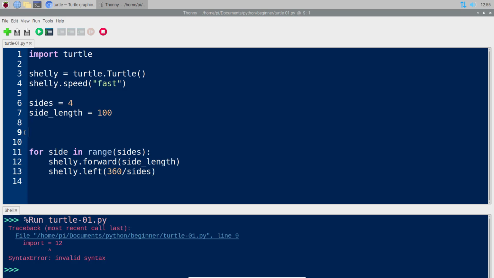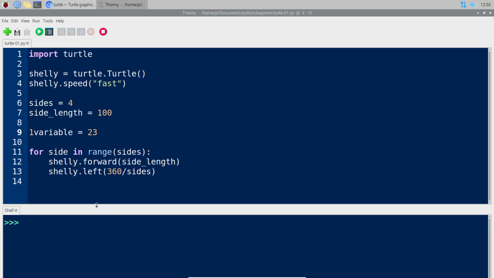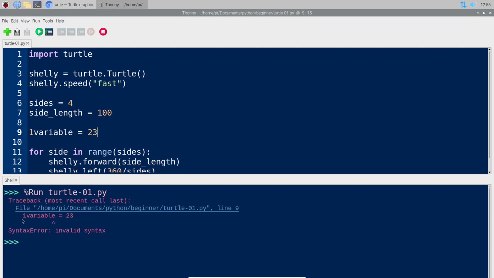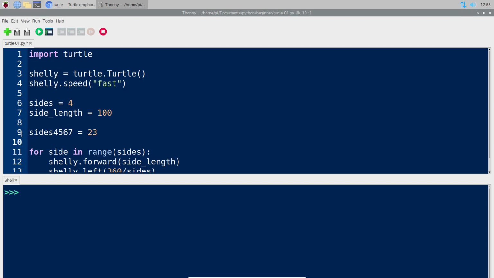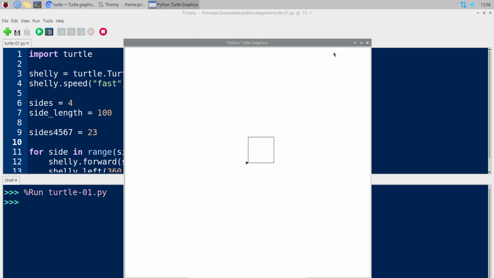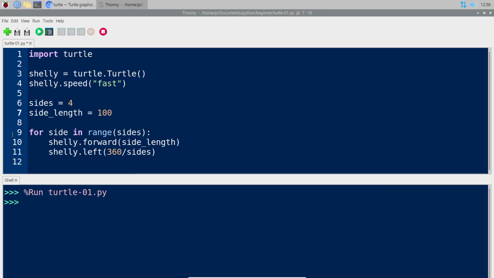And lastly, you cannot start with a digit. So one variable is not a valid name. And you can see here that it's not going to take it. Let me expand this, I see the error message better. So one variable is invalid syntax. This is Python telling you, I don't know what you're referring to here. So what you're going to do is not use numbers as a starting character. You can use a number. You can say sites 45, 6, 7 equals 23. So you can add numbers inside the variable name, but not at the beginning. And that's essentially everything you need to know about variables